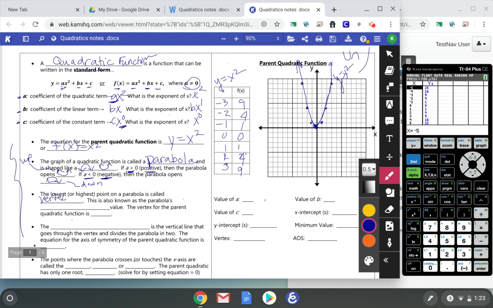This is also known as, in our x squared situation, the parabola. It comes down, and this is the lowest point in the graph. That's the smallest y value that you actually encounter. So that would be the minimum